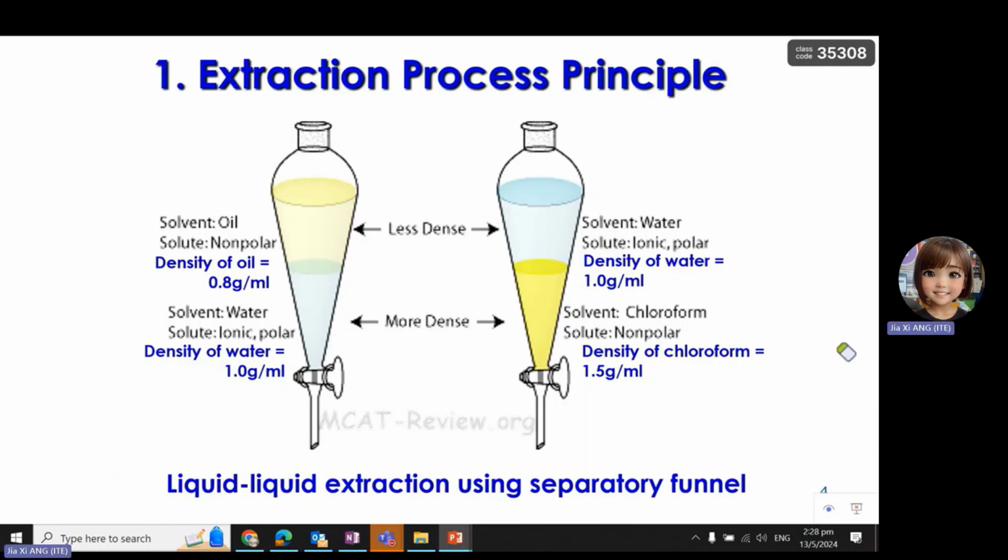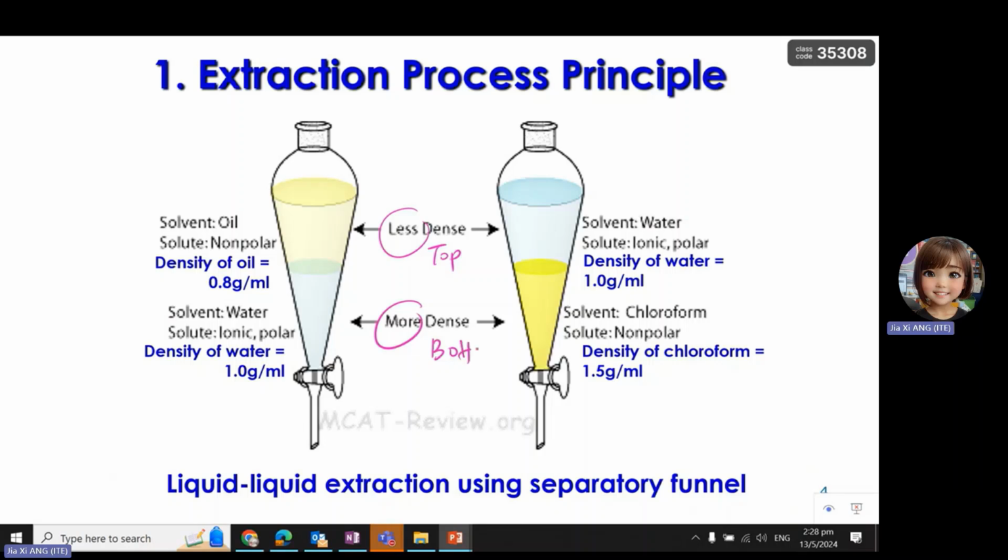Okay, I hope that you have a better understanding of the liquid-liquid extraction process after watching the video. Now, this is a diagram that summarizes the whole extraction process using the separatory funnel. Usually this liquid-liquid extraction will consist of two different types of liquid with different density. The less dense liquid will be found at the top layer, whereas the more dense liquid will be found at